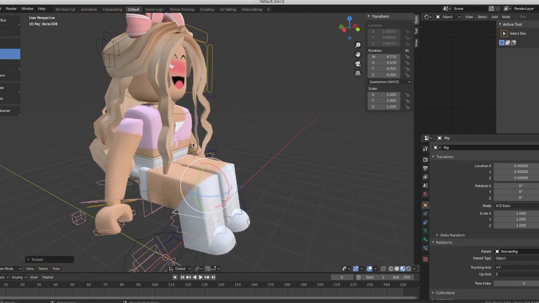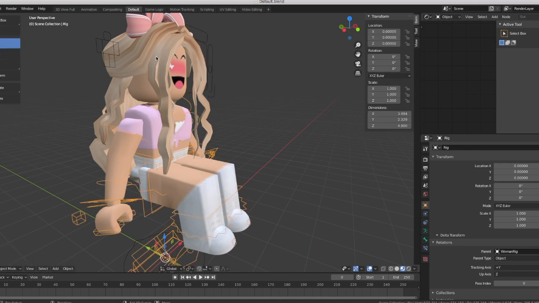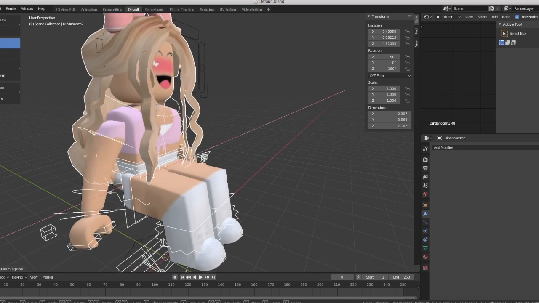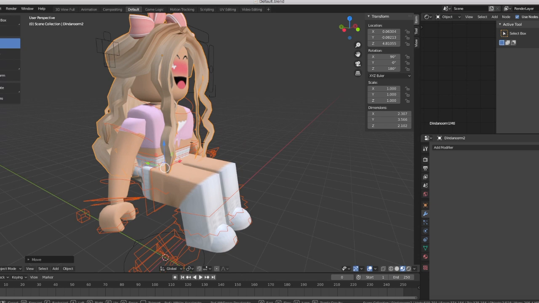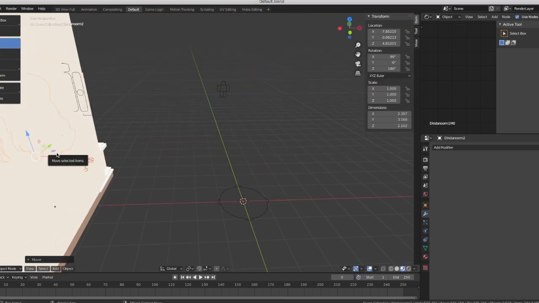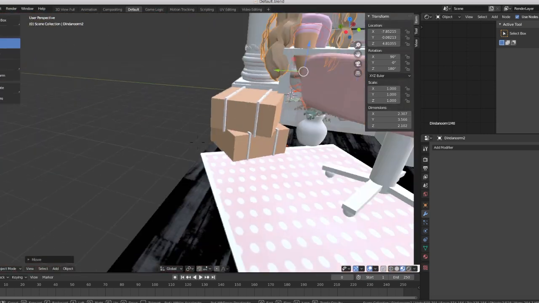Okay, now the character is already sitting, and now click down here, change pose mode into object mode, hold shift, and then click on your hat. Now there must be this little arrow. If you click here, we can move the rig. And now I'm going to move it to the room,